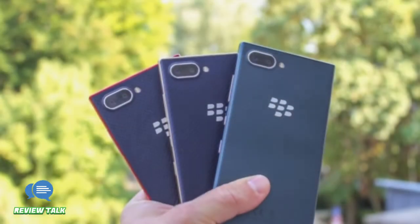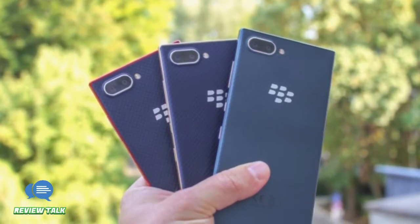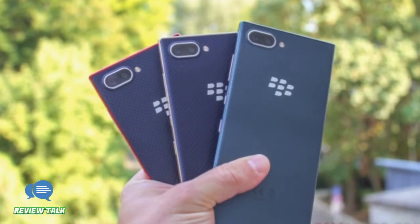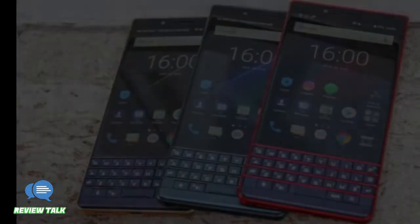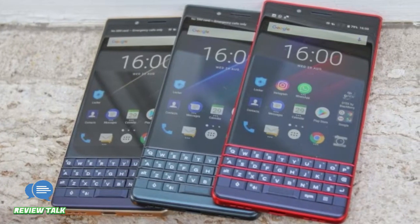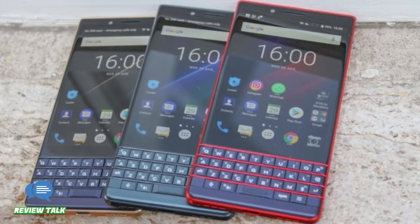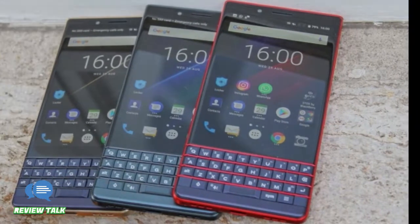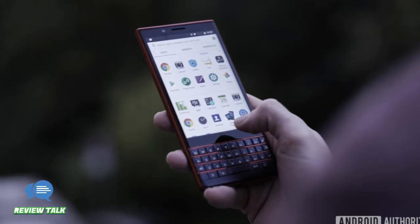Back at IFA, BlackBerry announced a more affordable version of the BlackBerry KEY2, which it called the Raw Light Edition. It's a lower-cost version of the $549 KEY2 with a few key differences, mainly in the polycarbonate, hard plastic build materials, lower-end camera and processor, less RAM, and smaller battery. If you're okay with saving $100 for those trade-offs, you can start pre-ordering the KEY2 on Amazon.com